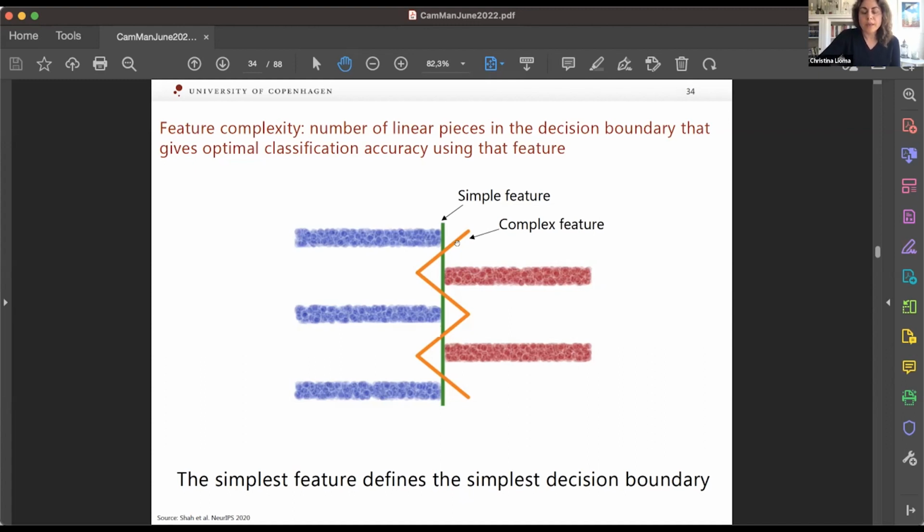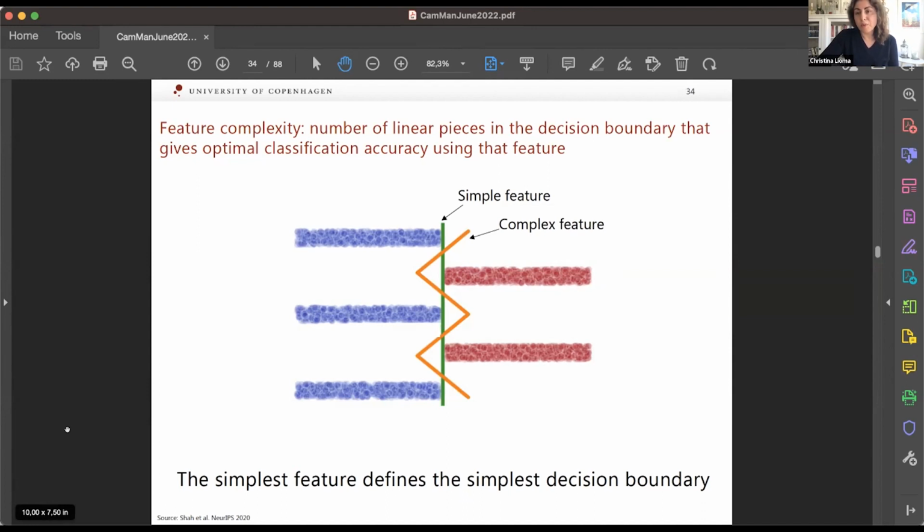Now, one might think, okay, so we have a simple feature that gives perfect accuracy and a complex feature that gives perfect accuracy. So it's good if the neural network uses the simple feature, because the simplest solution that gives the best possible results is always the best. We know that. So why would we want the network to use the complex feature, and what's the problem with not doing that?